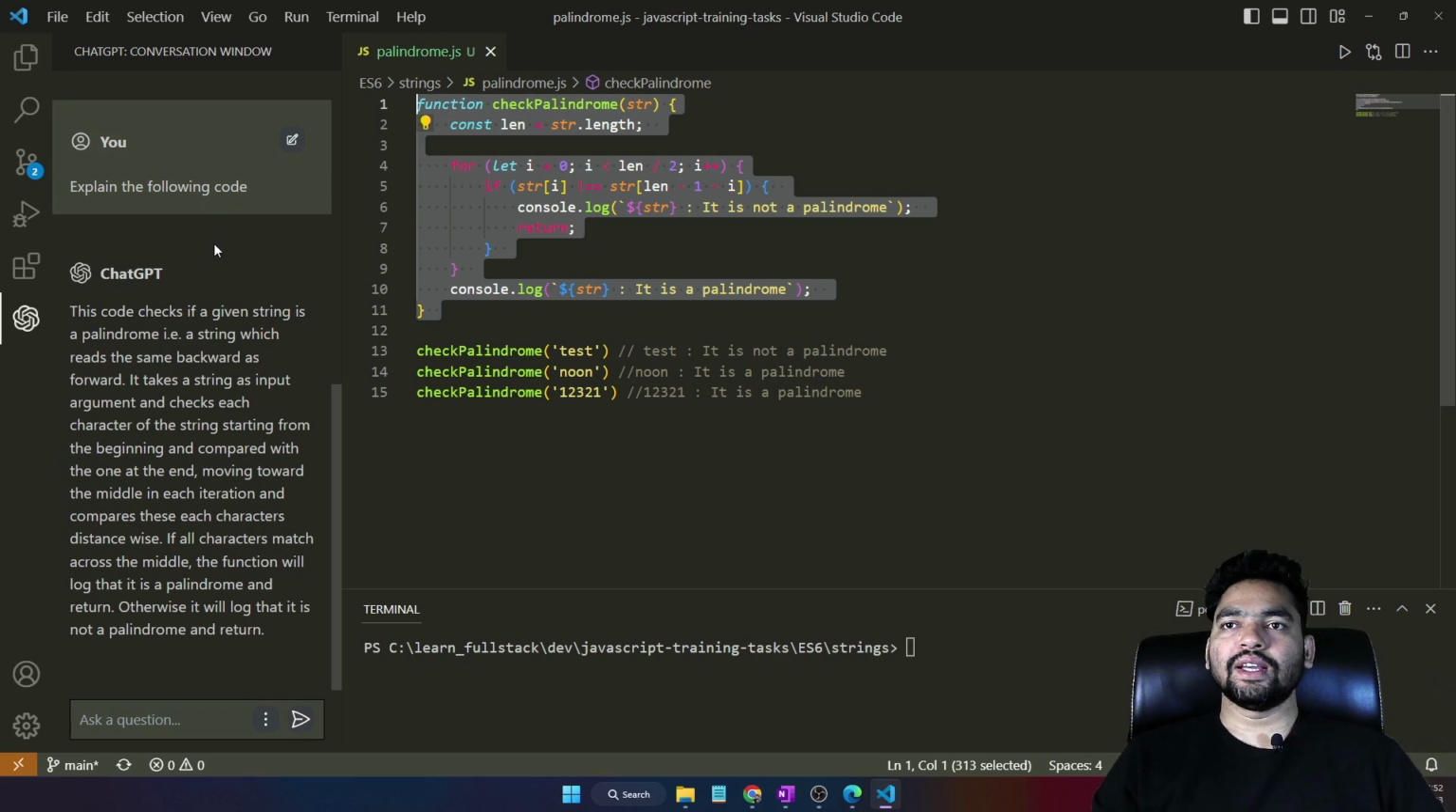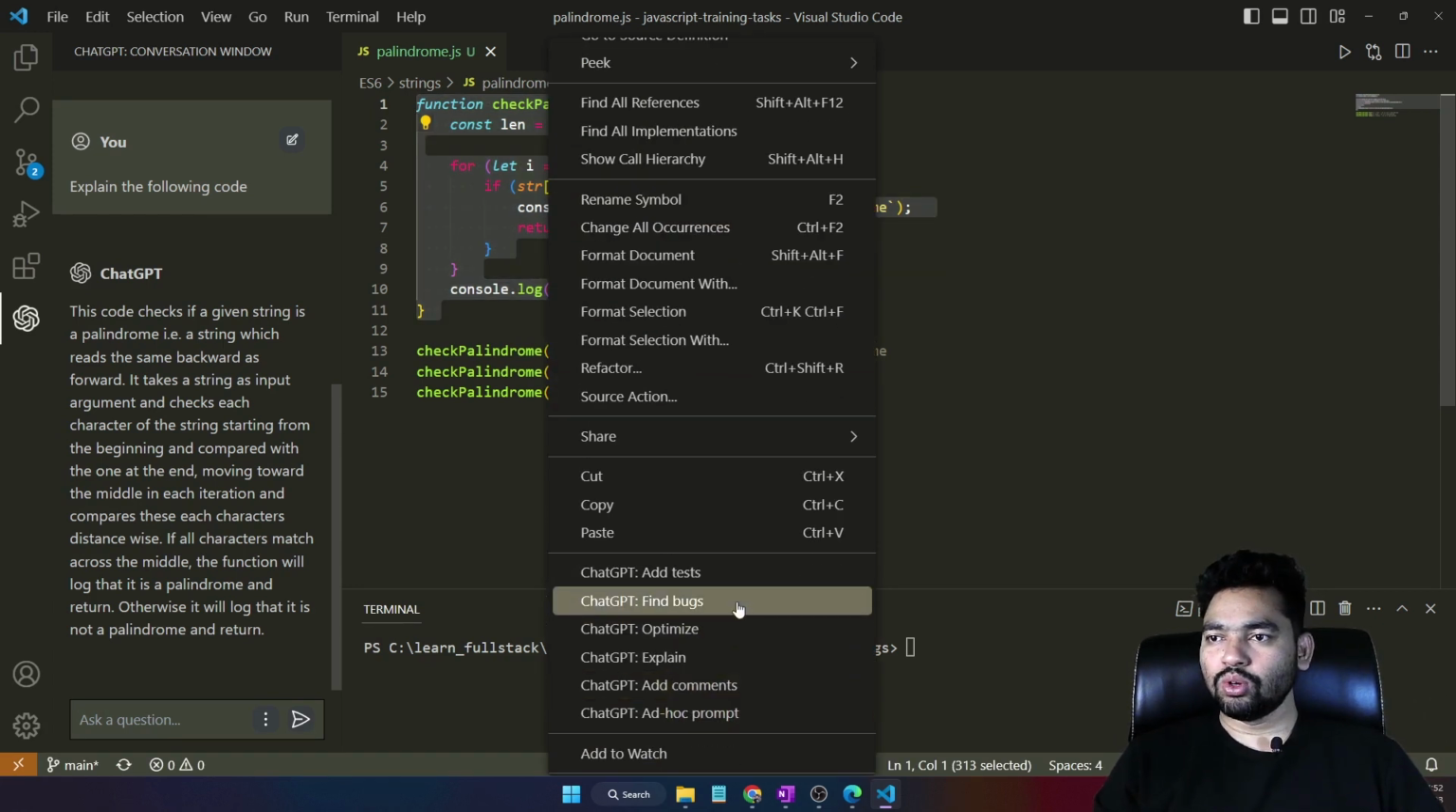So here you can see, guys, when I clicked on the shortcut for explaining the code, it is responding that this code checks if a given string is a palindrome or not, and it also gave some other details. So this is very interesting. If you want to understand a particular code, you ask that ChatGPT extension or that AI model to explain what is written inside it, and it will write it down directly. So let me use one more thing,